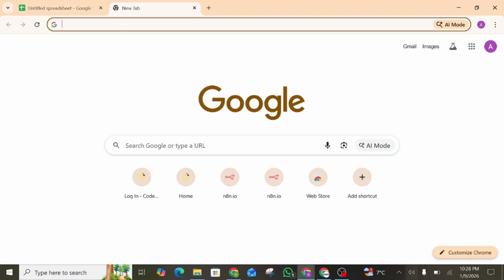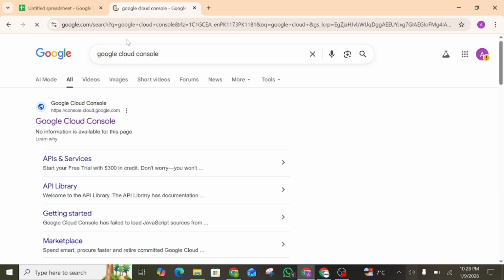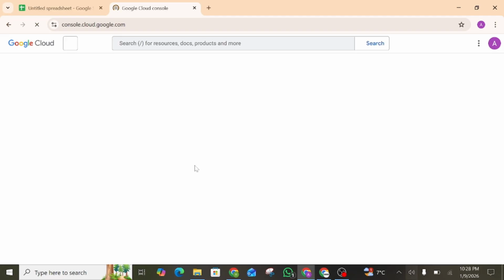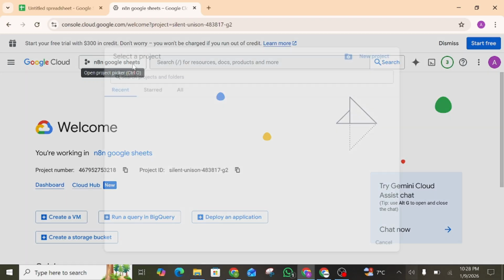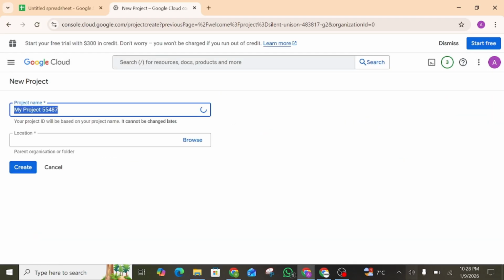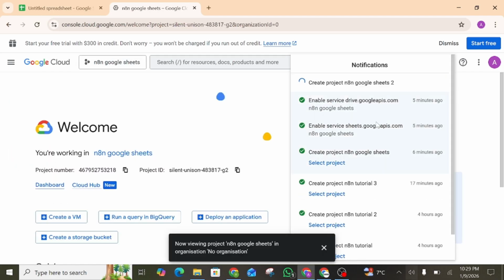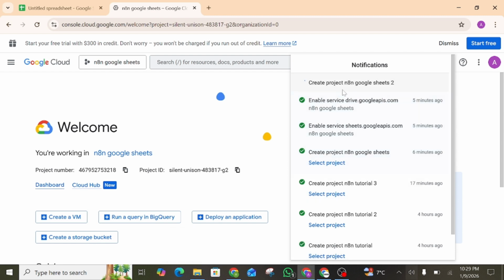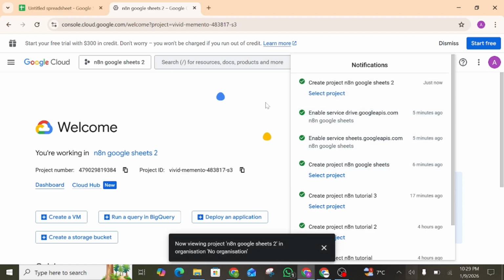So the first step you have to do is go to Google Cloud Console. I will also give this link in the description. After going to Google Cloud Console, you have to create a new project if you have not created. Click on new project and name your project. For example, I am going to name it n8n Google Sheets 2 and click on create. It will start creating your project. So after the project is created, click on select project and your project will be selected here